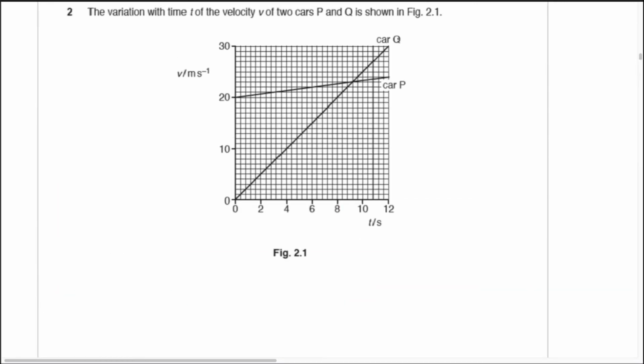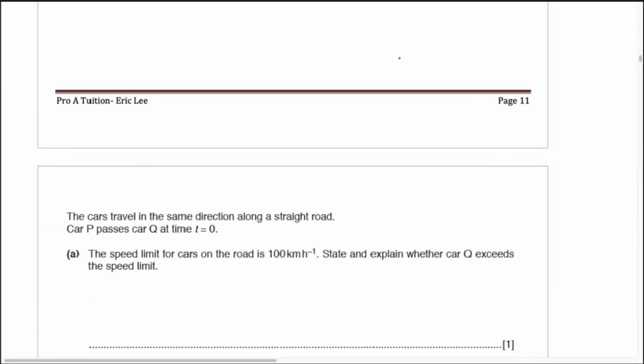So car Q reaches a maximum of 30 meters per second. You want to see whether this 30 meters per second exceeds the speed limit of 100 km per hour or not. So we have to do conversion. Okay, so 30 meters per second